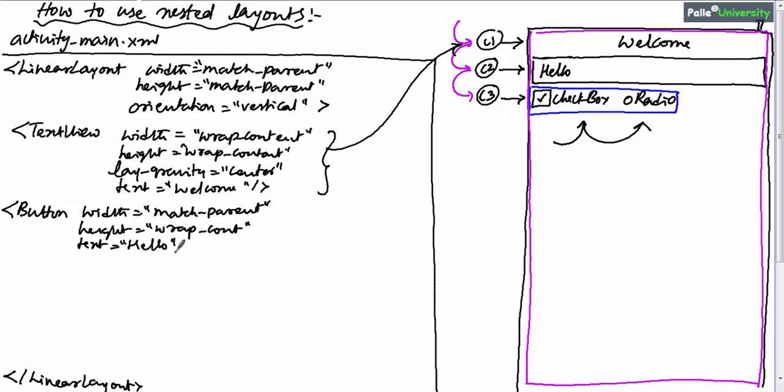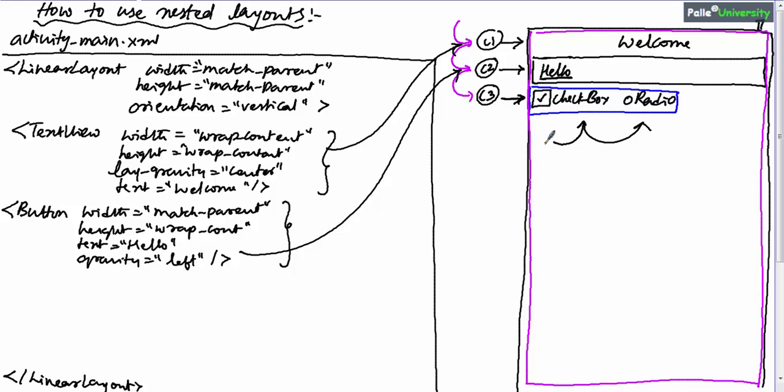And since we want to place the content at the left hand side of the box, we should use the gravity property. Gravity equal to left. So with this is the end of the second child, or the button. This code is pointing to the second child of your vertical linear layout. Now what is the third child? If you observe carefully, the third row or the third child is a horizontal linear layout.